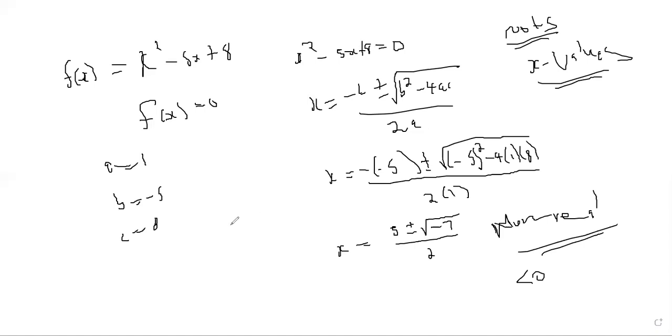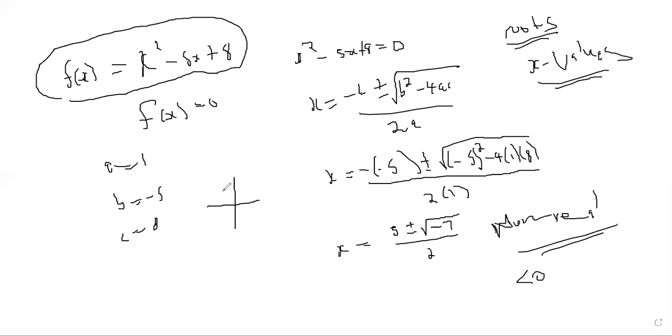So if we were to draw a graph of this function, it shouldn't touch the x-axis. So it will be something like that. Why? Because it doesn't have the roots. In this case, I told you that the roots are simply your x values. So it means it wouldn't touch the x axis. And how do we know if it will be going upwards? Because the value of a is greater than 0, it's positive.